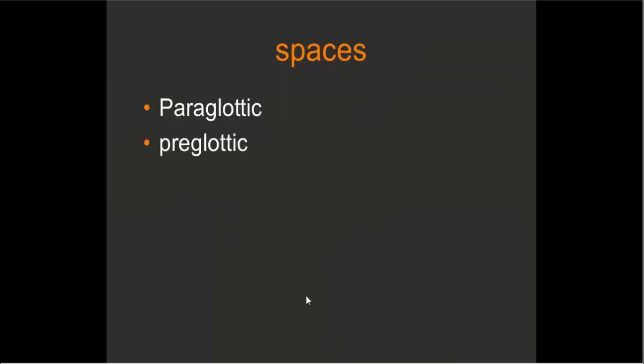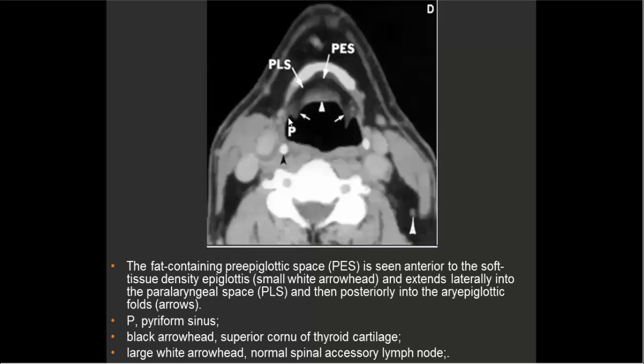Spaces around the larynx: the paraglottic space and the preglottic space. The preglottic space is anterior, and the paraglottic space is on both sides. The preglottic space is continuous on both sides with the paraglottic space. It is fat density, fat containing. The fat-containing preglottic space is seen anterior to the soft tissue density epiglottis and extends laterally into the paralaryngeal space, then posteriorly